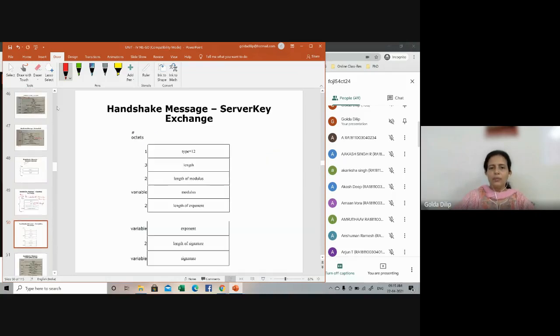Then the next one, it is shown as 2, it is a complete one. It's a part of this. The entire thing is the parameters for the server key exchange. Whenever I say SSL, it's applicable for TLS also, because SSL and TLS come as a single family. They call it SSL version 3 or the TLS family.